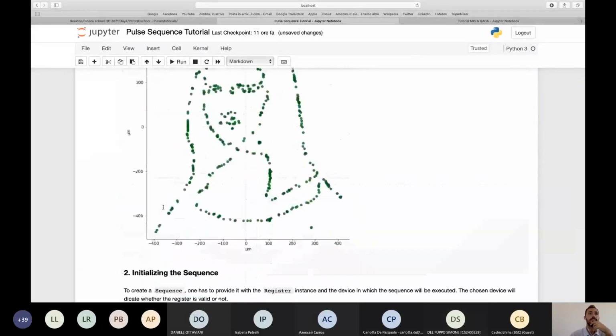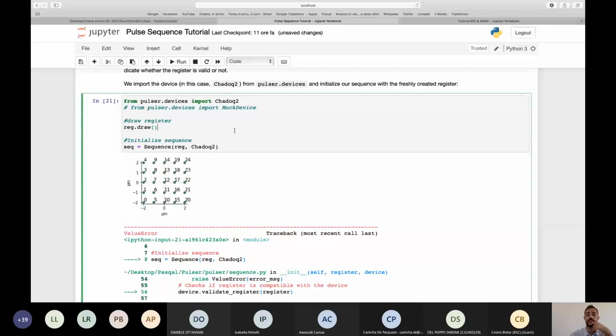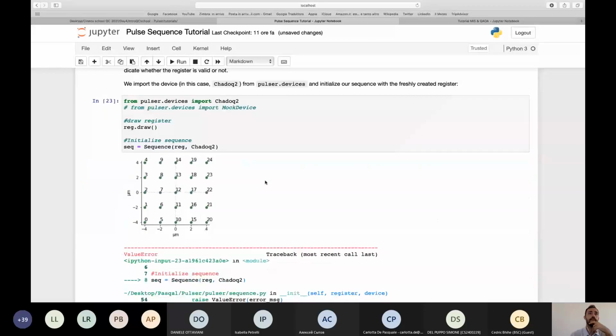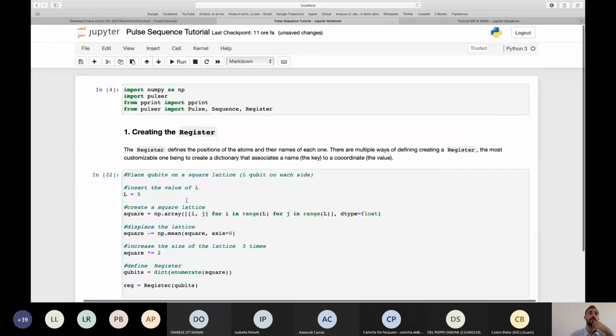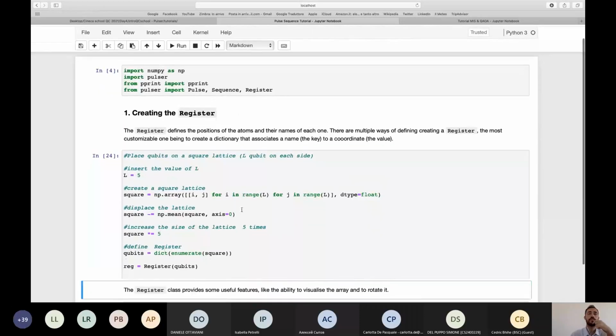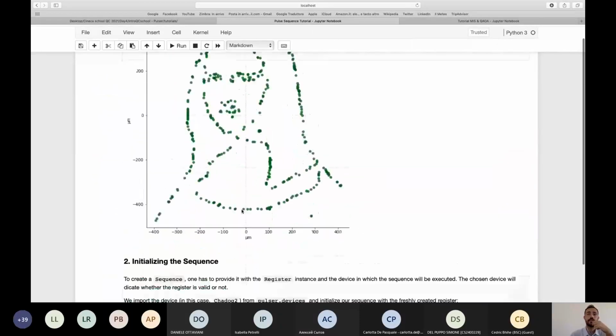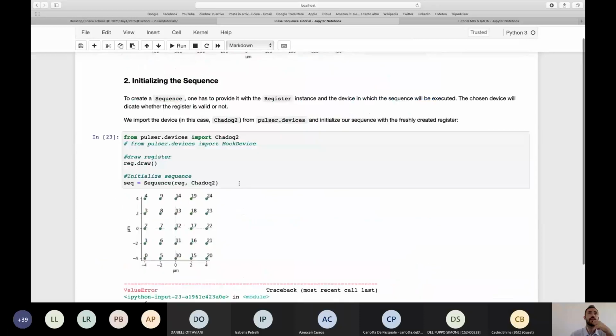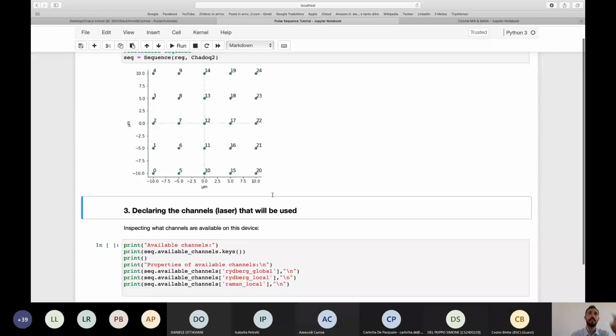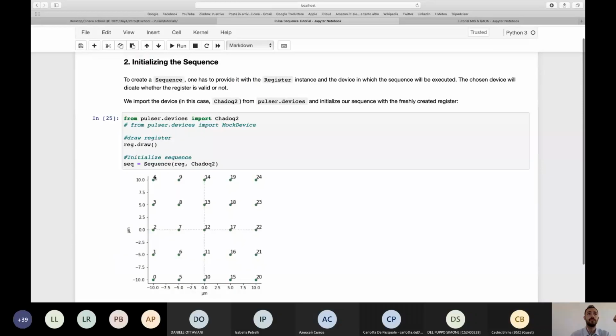It could be 5. I guess 5 micrometers is the minimum distance, because, as you can see here, since Chadoq2 is the real device, and they say with 5 you don't have the error,